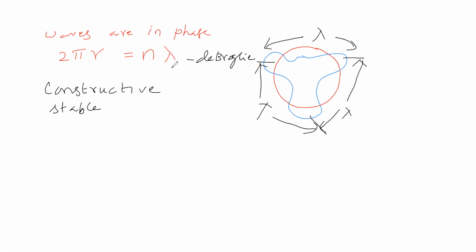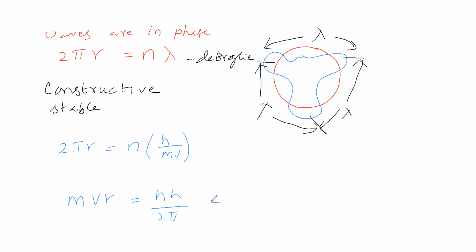Now we will see Niels Bohr's thought. We will substitute some values here. This 2 pi r we take, this n we have taken. In the lambda place, we substitute de Broglie's equation, lambda equal to h by mv. We substituted de Broglie's wavelength, h by mv, and simplify. Rewriting, that is mvr is equal to nh by 2 pi.